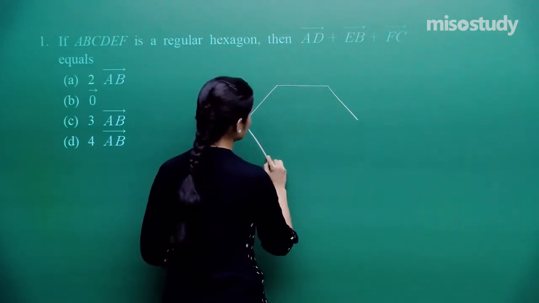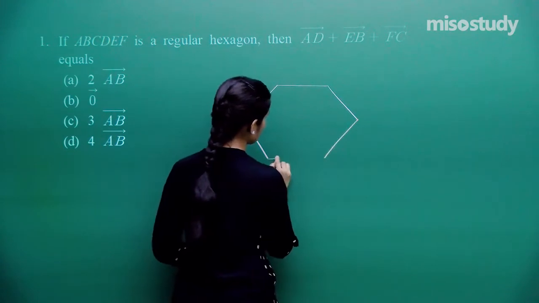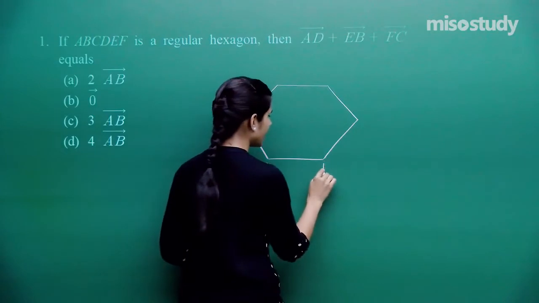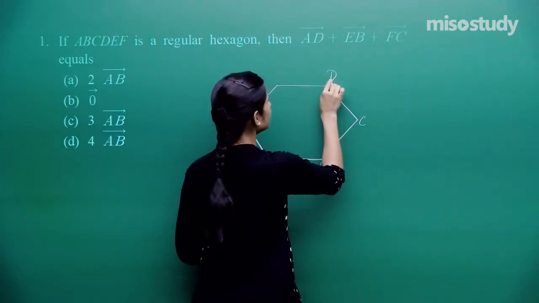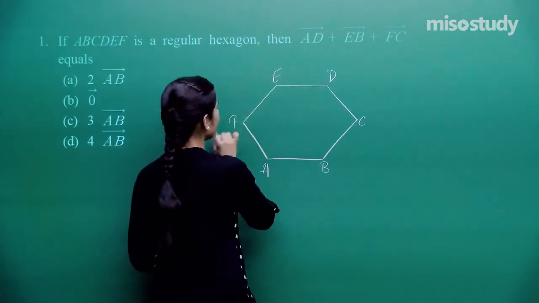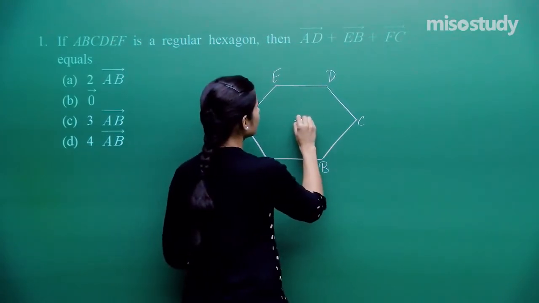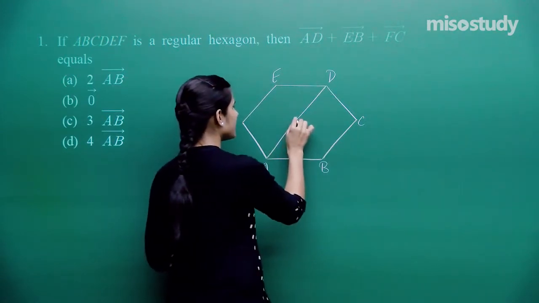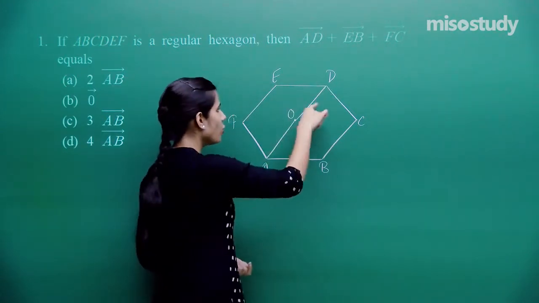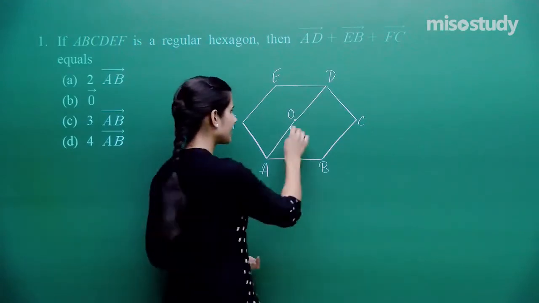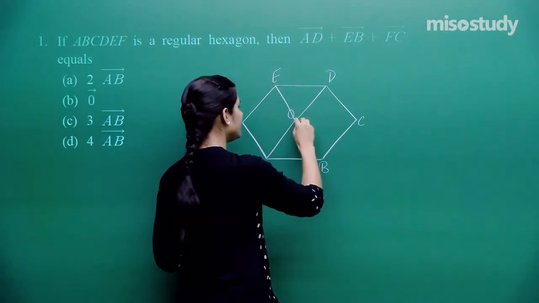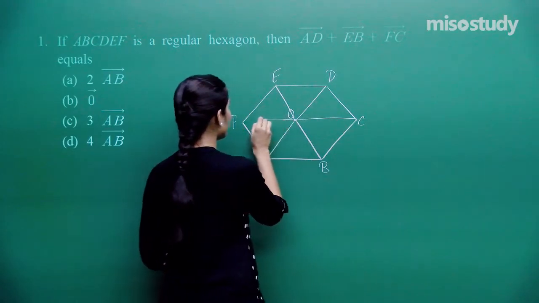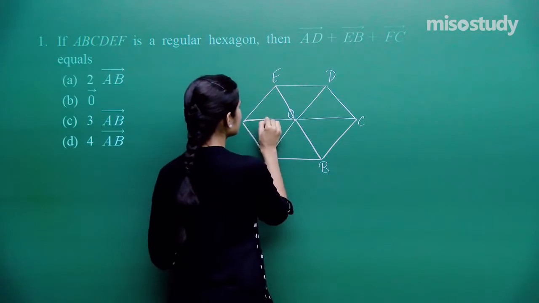If you have a regular hexagon, I'm naming it as A, B, C, D, E and F. Now you know that AD, or if I'm saying this is O, then OD is equal to OA. It's like the midpoint. OE is equal to OB and OC is equal to OF. So first thing is